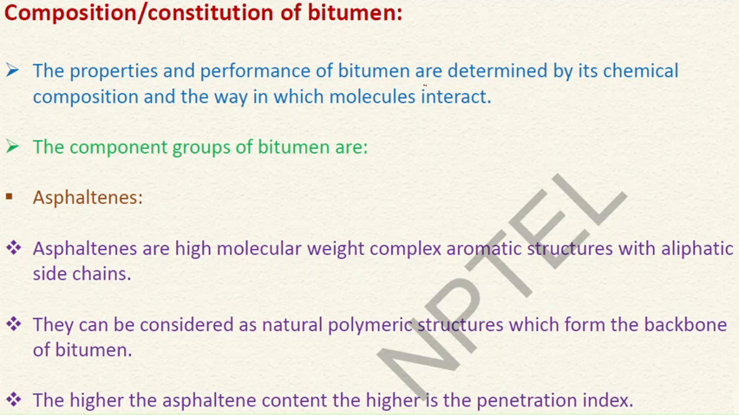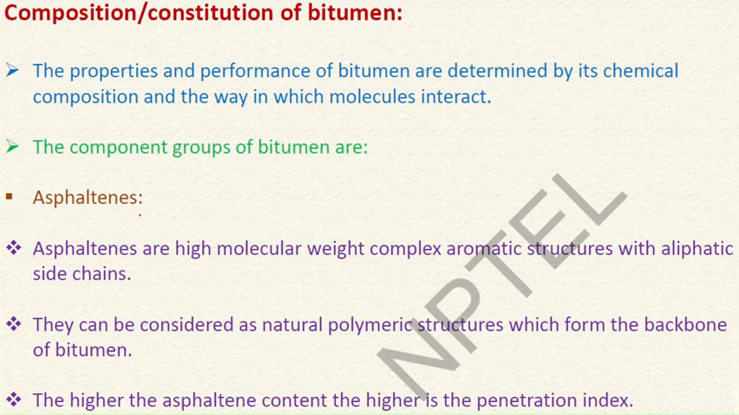So the properties and performance of bitumen are determined by its chemical composition, and the way in which molecules interact. The various properties and performance of bitumen in various applications depend upon its chemical composition, basically the type of crude oil it is produced from, its molecular weight, its texture, etc. Okay,